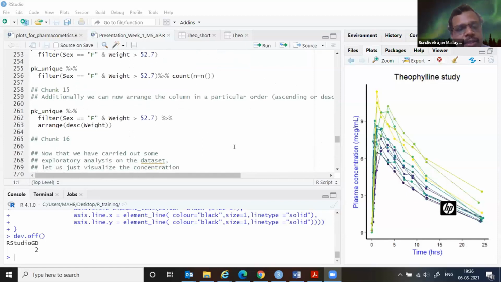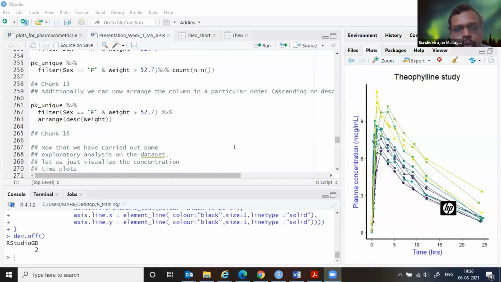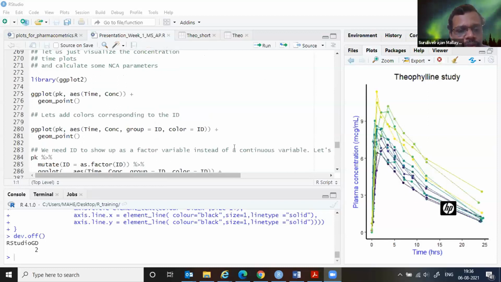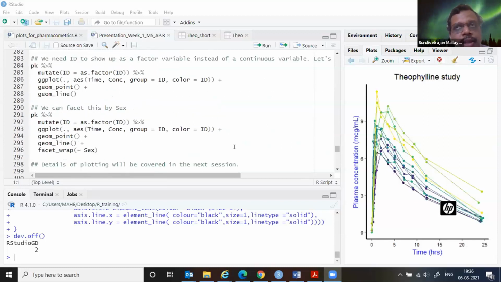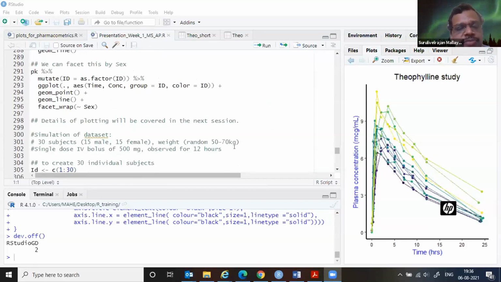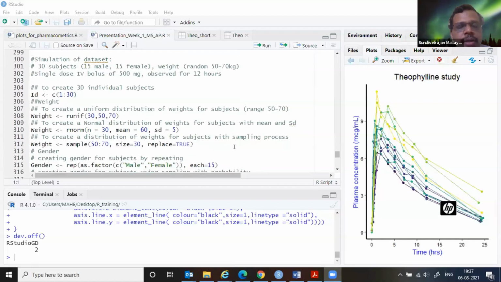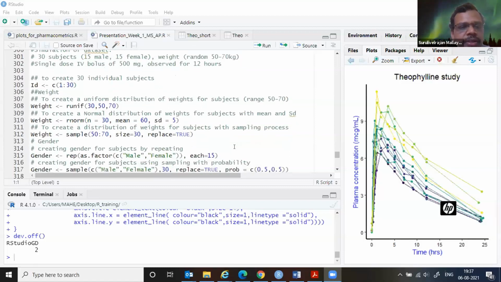I'll just ask in Google or Stack Overflow how to randomly pick up 60 male and 40 female in a group of 100 subjects in R. If we ask, there are going to be a lot of similar questions where you will randomly pick up the numbers and see what the code looks like. There will be a lot of examples.